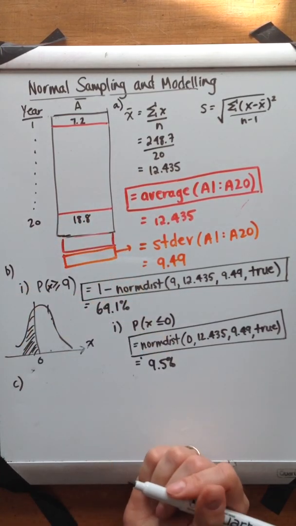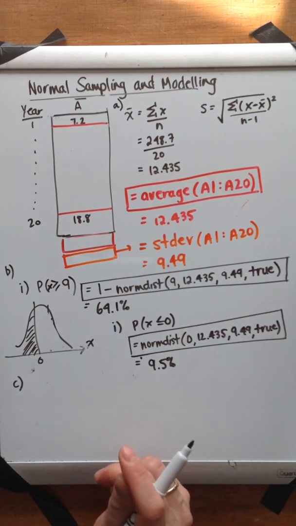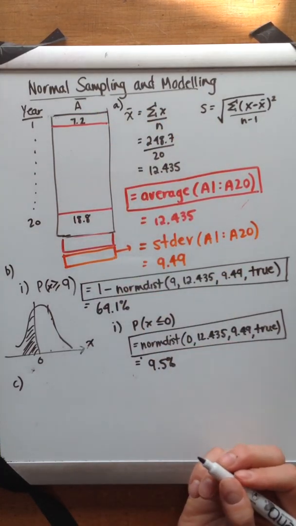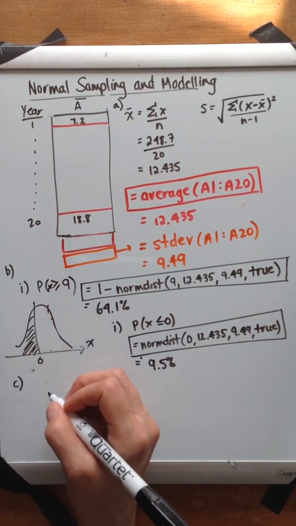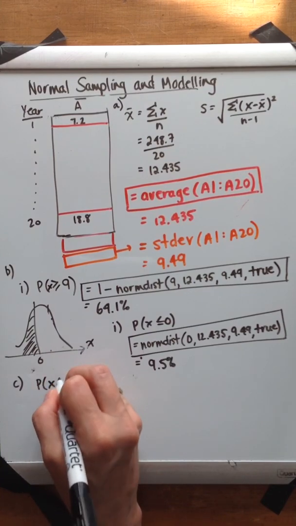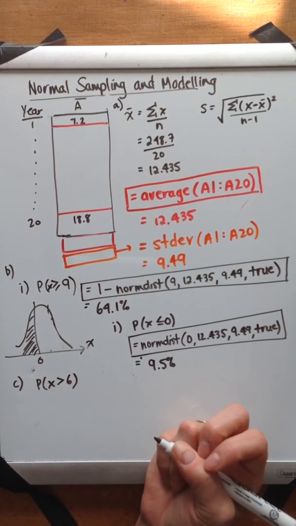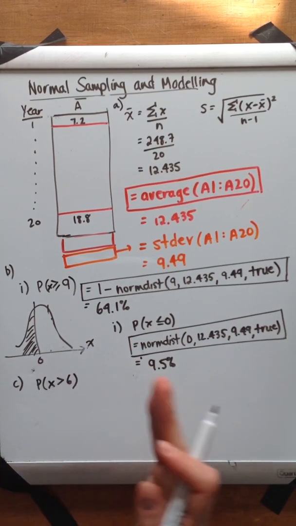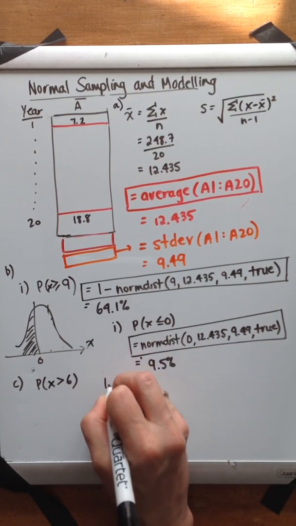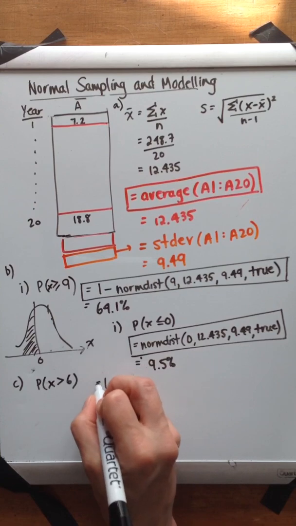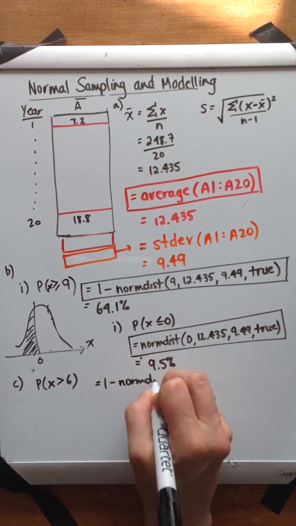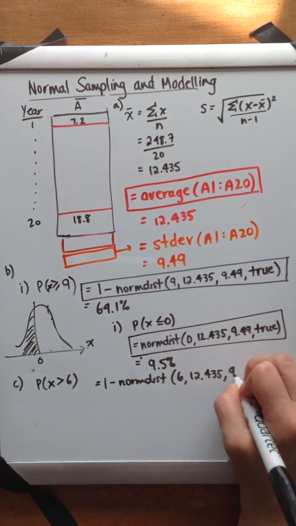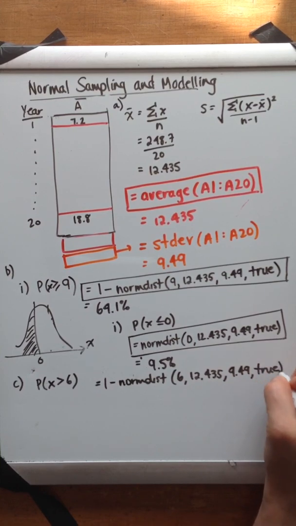The next question says, out of the next 10 years, so if we went on from years 20 to 30, how many years would you expect to show returns greater than 6%, if we're basing the behavior of this return on the previous 20? So we're looking at the probability of x being greater than 6. Again, to program it, we realize it's a greater than, so it has to be 1 minus. In our cell on the spreadsheet, we put equals 1 minus norm dist, and we'll put in 6, 12.435, 9.49, true,